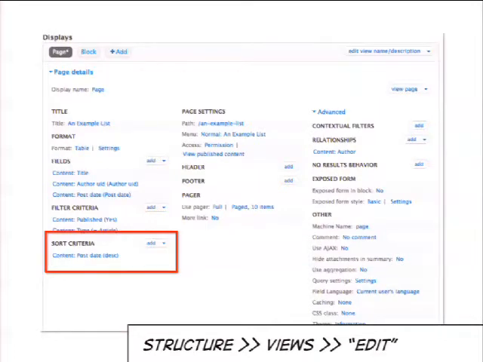Just a quick question on filter criteria. If you have multiple ones, can you control if they're ors or ands? You can. The question was, can you control with the filter criteria whether this is an or operation or an and? By default, Views treats all of your filters as an and operation. So that would be to say, is this content published? Yes. And is this content type equal to article? So both of these things would have to be true in order for that item to be present in our list. An or operation, which you can do in Views, as long as you're using Views 3,